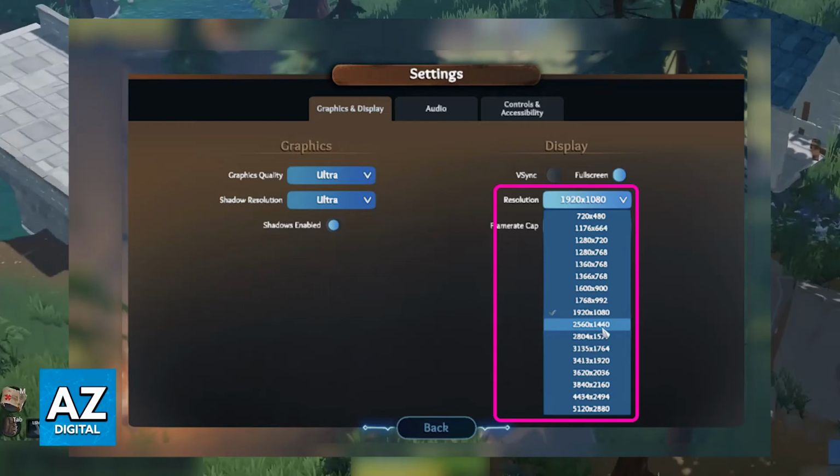If you need to lower the resolution, make sure to also lower the graphics, that way you can get better performance. But if you have a high-end PC, it is recommended to go with the highest native resolution supported by your monitor. I hope I was able to help you on how to change Lens Island resolution.